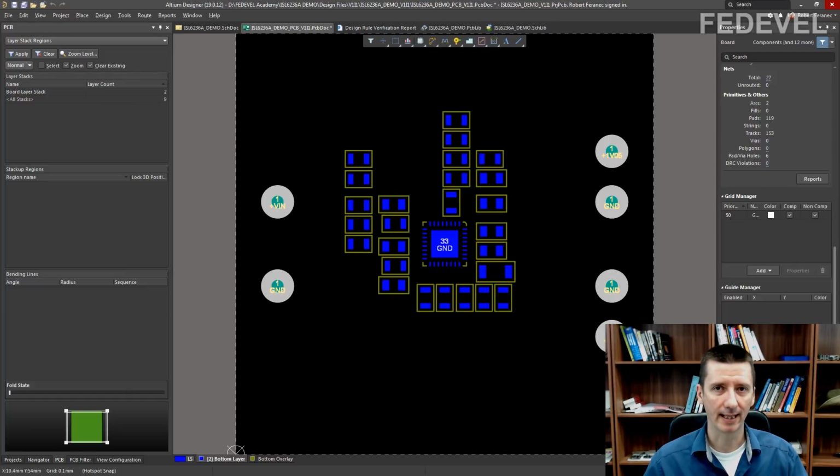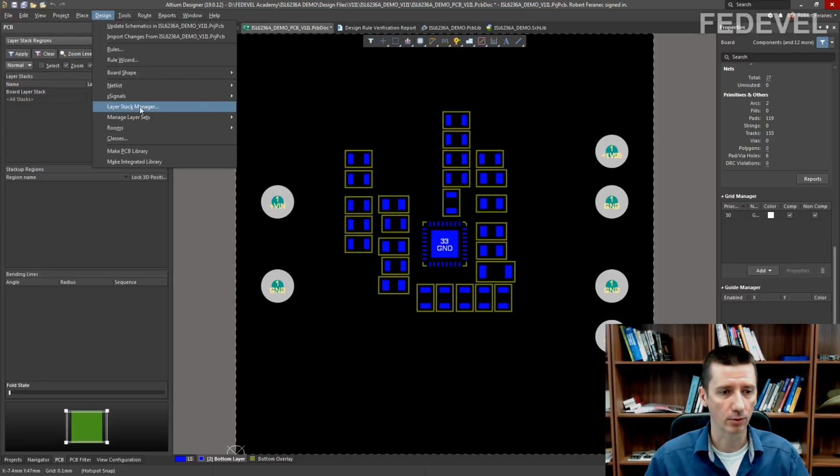Before we start doing layout, we would like to also adjust our stack up, because default PCB in Altium is just a 2-layer PCB, and we would like to learn how to work with more layers. So we are going to add some layers into our PCB. To change the stack up of the PCB, go to Design and use this Layer Stack Manager.